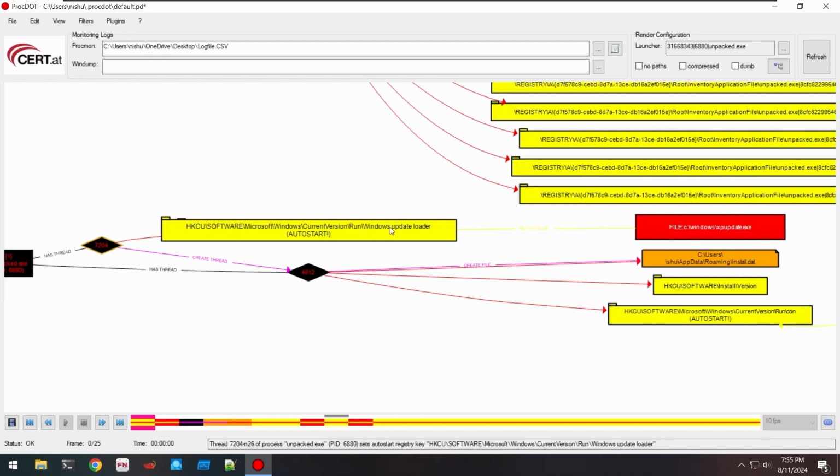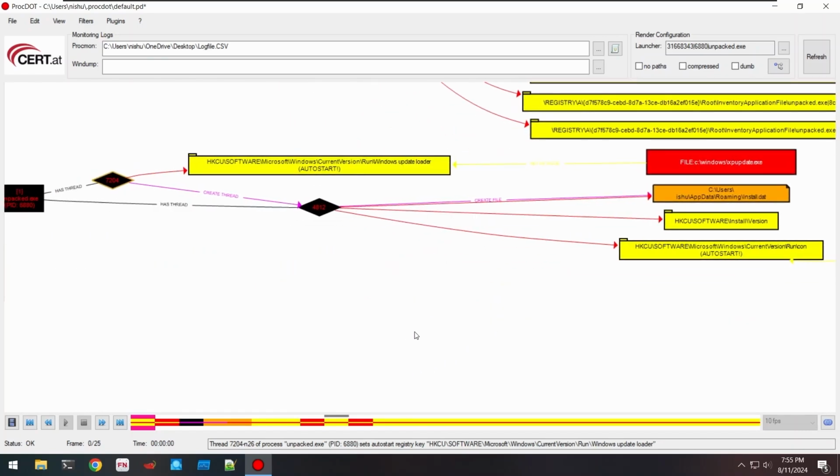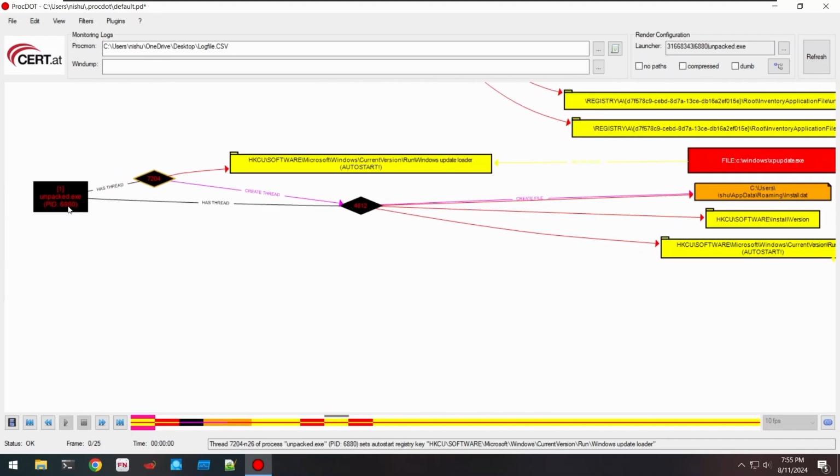into the Windows update loader. That was the file we just saw in the C drive, in the Windows directory, that was xpupdate.exe. So what I can just assume is unpacked.exe and xpupdate.exe are the same files,